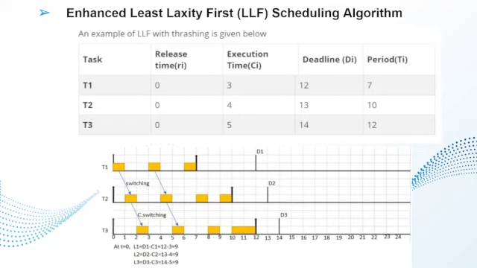An example of an ELLF with trashing is given on this slide, as you can see with the arrows. So in order to overcome this context switching due to trashing, we employ the ELLF in the same example by grouping together the tasks having least laxity, then applying the EDF to avoid context switching. So, one second.